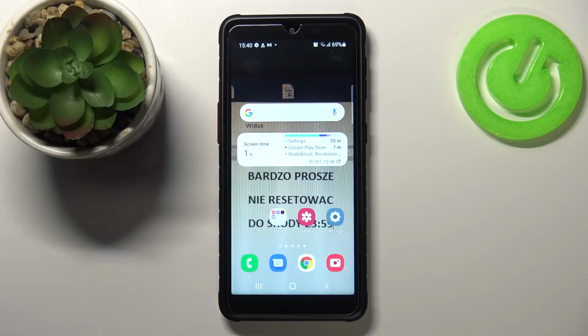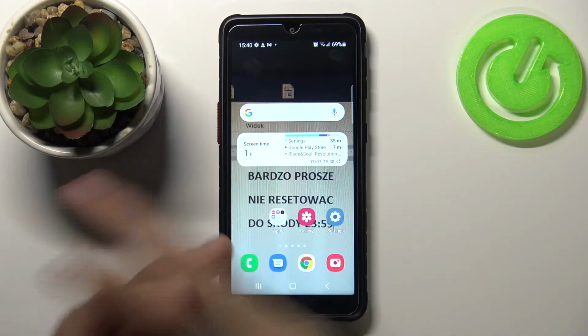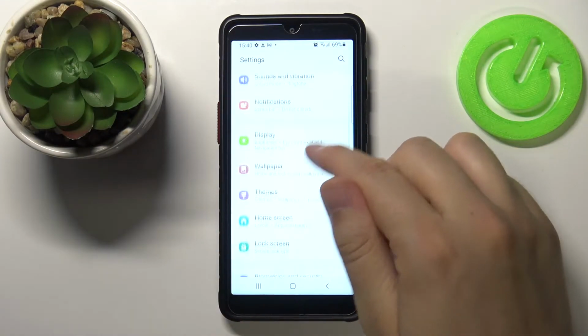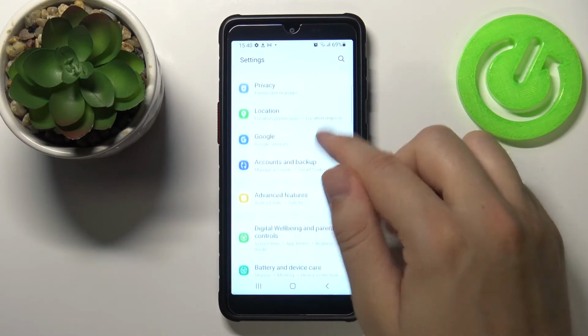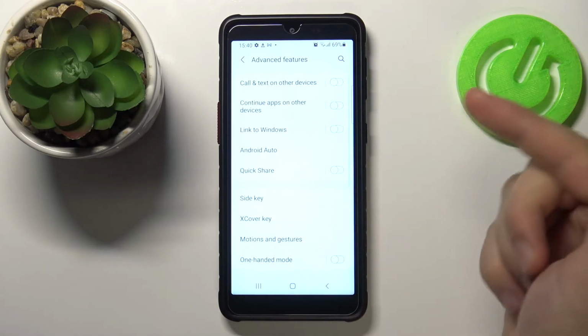Welcome. In front of me I have Samsung Galaxy XCover 5, and today I will show you how we can adjust your quick launch option, so how we can activate, deactivate or customize. At first we have to open the settings. Next we have to move to advanced features, and when we are here we have to tap on side